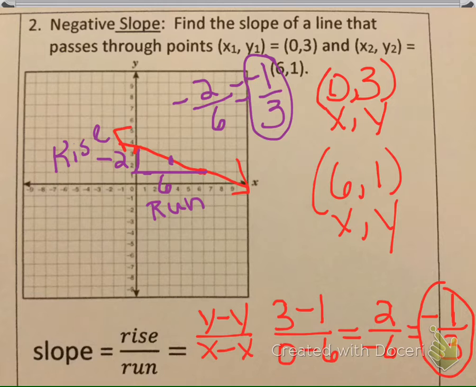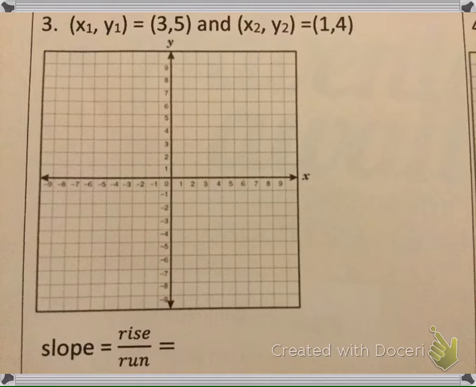Okay, let's take a look at the next example. Okay, for number 3, we have 0.35 and 1,4. And as you can see, I do this interchangeably. Sometimes I graph the points. So that would be 3, 5. And 1, 4, and you really should always label your points. I don't think I did on the last one, but you really should. Okay, that helps to see